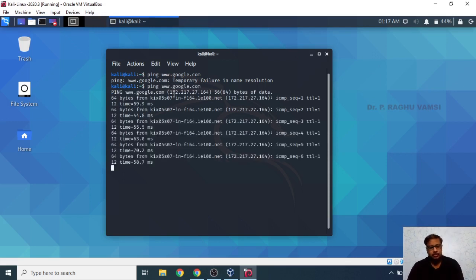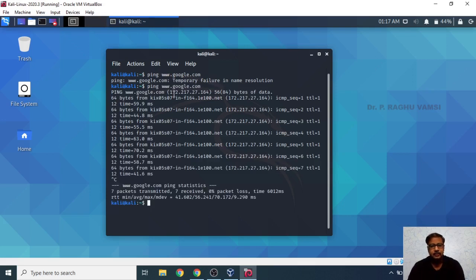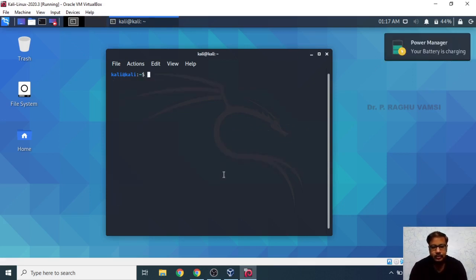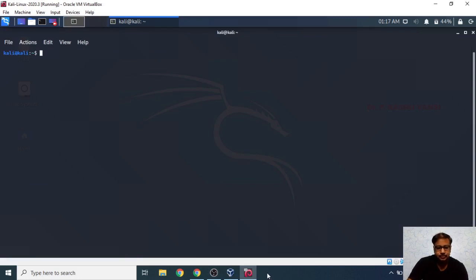Now in order to have the root access, you may type sudo -i. Then it will ask you for the Kali password.